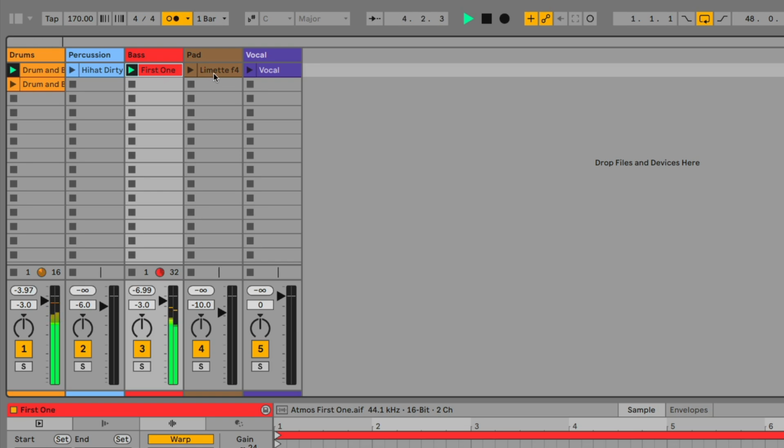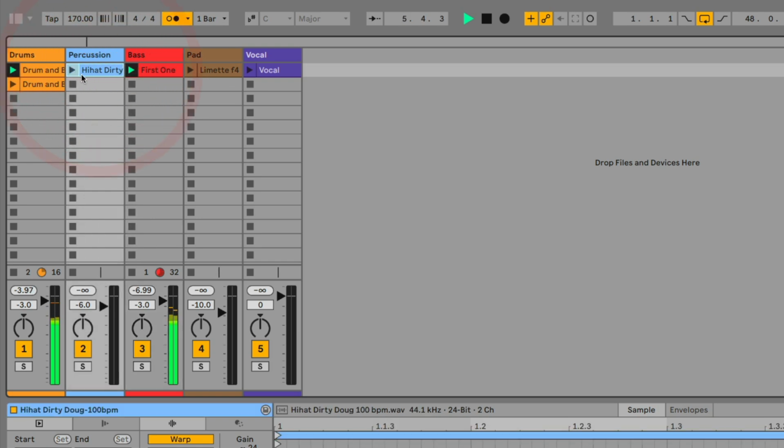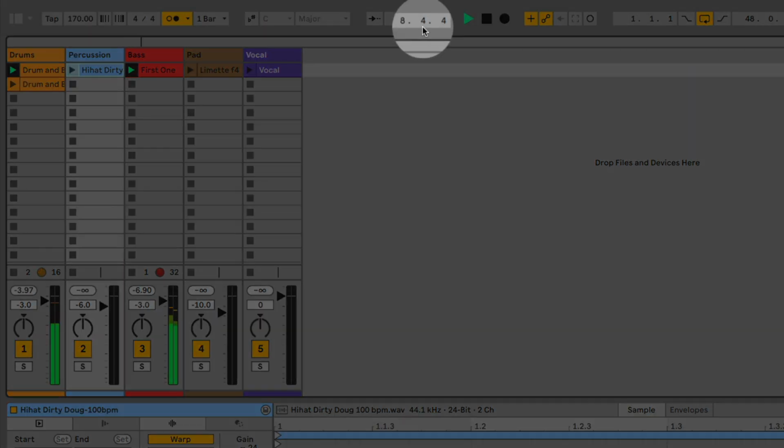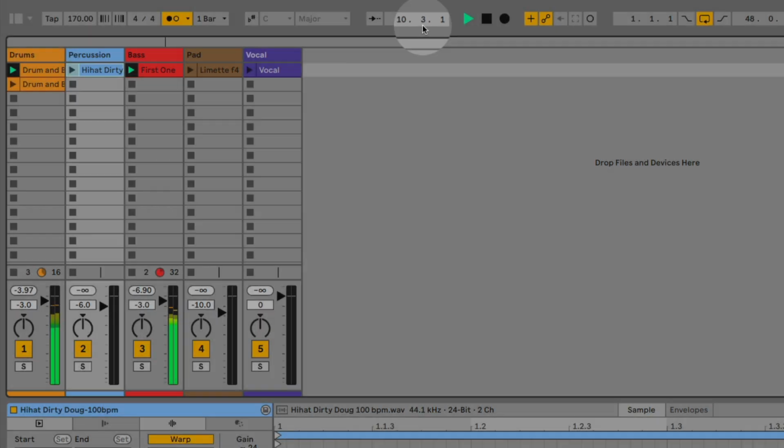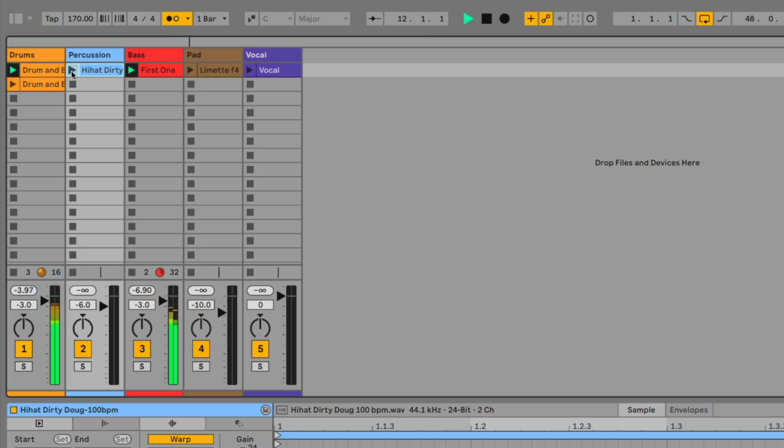Let's do an experiment here. I'm going to go to the percussion track, and I'm going to purposely hit play when this is on the 2. So you can see it counting through 1, 2, 3, 4, right? Counting through the quarter notes. Let's hit it on the 2. So I'll hit play on 2. 1, 2, 3, 4. See how it blinked a couple of times, and then it just started playing, and when it hit play, it lined it up perfectly. It quantized it, so that it perfectly played in time with the other drum loop and the other bass line here. So again, that's because my global quantize setting is set to 1 bar,